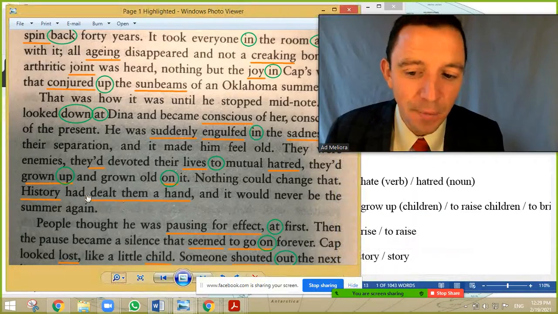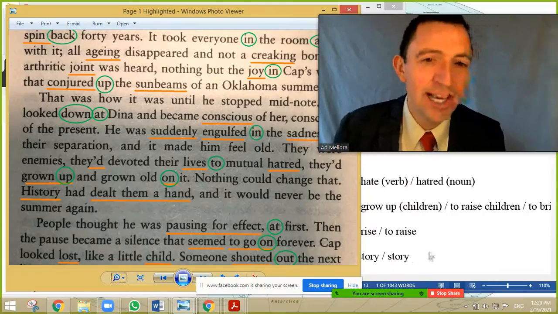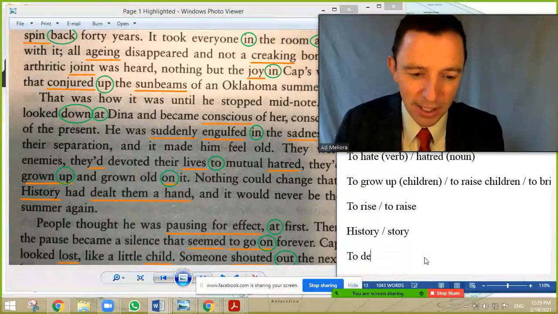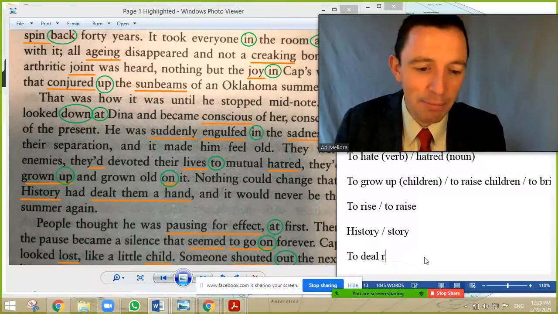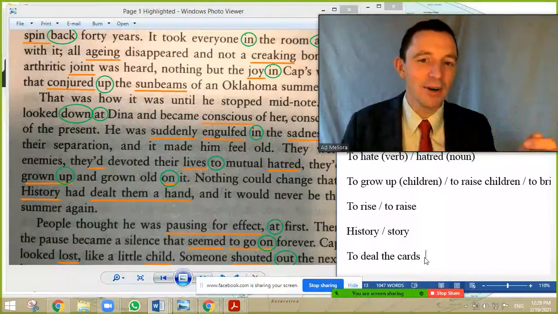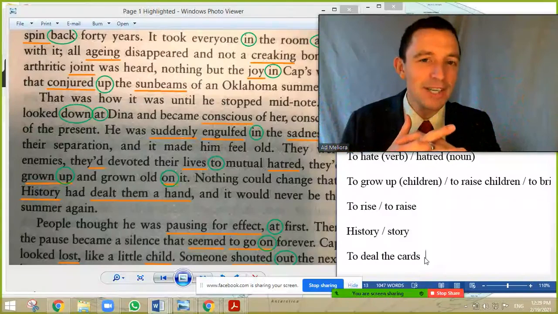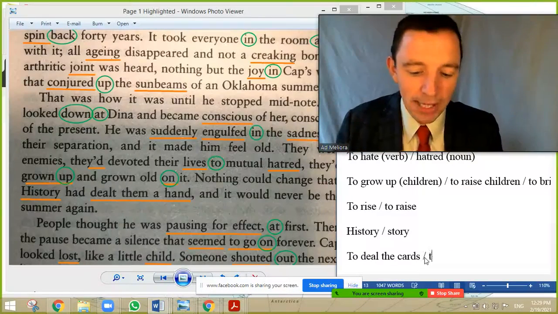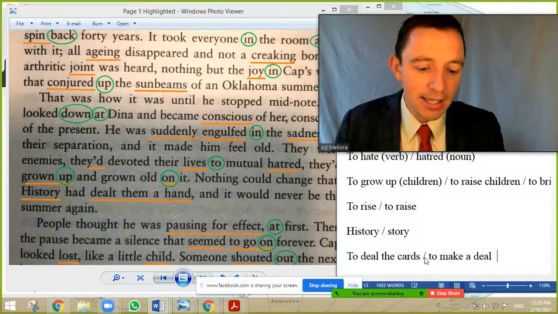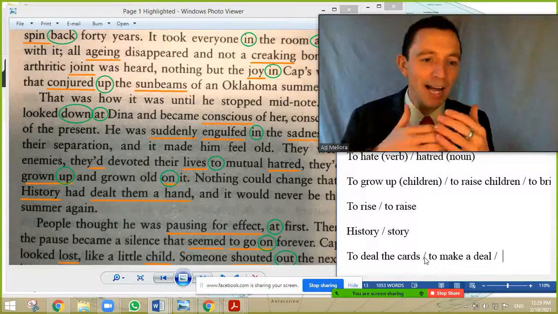Okay. And the final example is to deal. So the verb to deal is tratar. Okay, so to deal the cards, typically in poker. So you have poker and you deal the cards. Okay, but to make a deal is in business. You make an agreement. So it's a similar concept to make a deal. And in cards, we say to deal your hand. So you play poker and this is your hand.